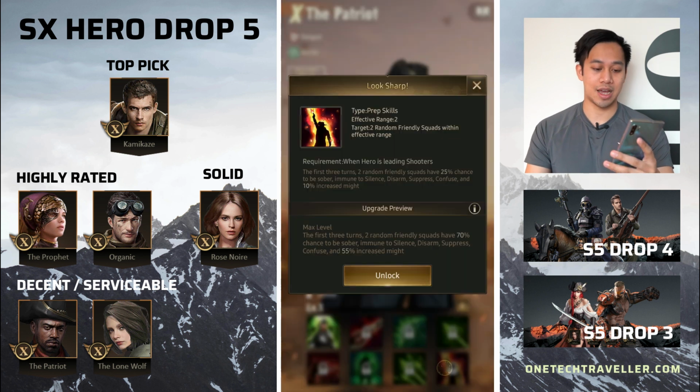Awakening plus 50% damage, and then look sharp. For the first 3 turns again, 2 random friendly squads have a 70% chance to become sober, which is kind of like your clear-minded or clarity status, immune to silence, disarm, suppress, confuse, and has a 55% chance to increase might. So this is very good, all very front loaded, and gives great protection to your front and mid row